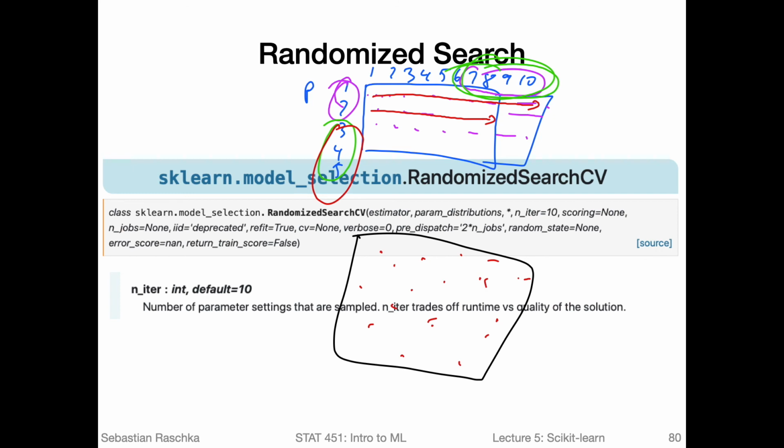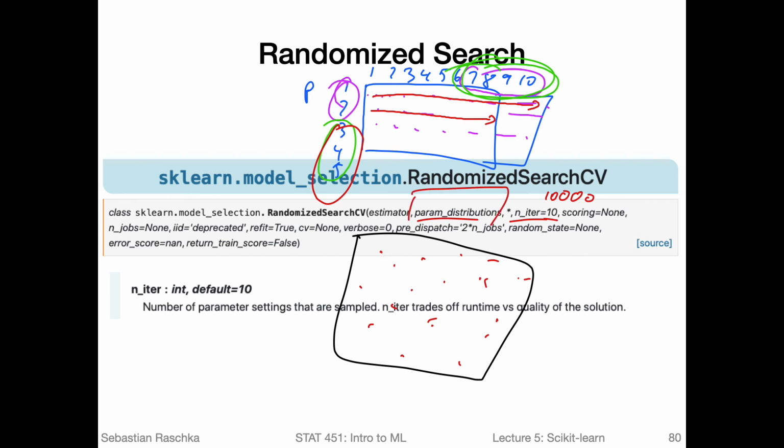Whereas with randomized search it will just keep going, and instead of defining the hyperparameter range, you define the distributions, and it will randomly sample from the distribution for n_iter, which is the number of iterations. You can say, maybe I only have an hour, so I will set that to 100 so it finishes in a reasonable time. If I'm in a hurry, I can leave it at 10, which is super quick. If I have a day, I can set that to 10,000. So instead of specifying a grid, we are defining distributions that it can sample from.